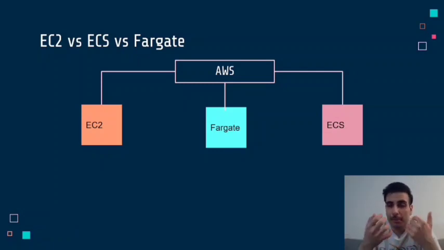EC2 is like a virtual machine that we can run our Docker container on, or we can install Python, Java, or any library that we want. Basically, it's like a virtual machine. AWS Fargate, on the other hand, is used as a serverless service on which we can run our containers, as many containers as we want. ECS, Elastic Container Service, is like some sort of management tool that can manage EC2 instances and AWS Fargate services